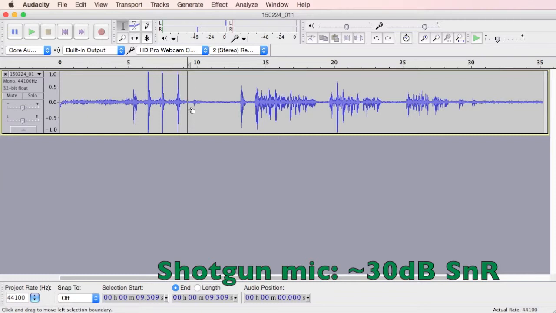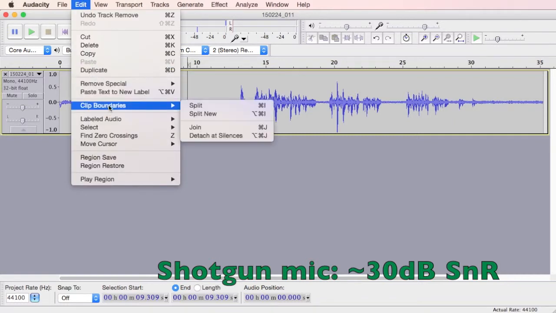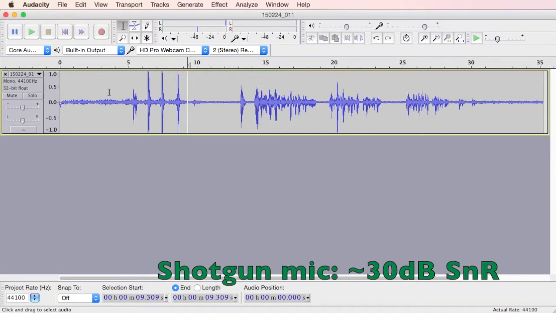Now, here, we've got the sync marks, which we don't really want. What we can do is Clip Boundaries, Split. Now this lets us select either the first part or the second part. Very useful. If we select this area here, which should be silent, but you can see it isn't,